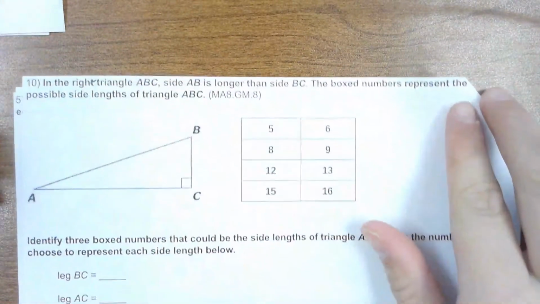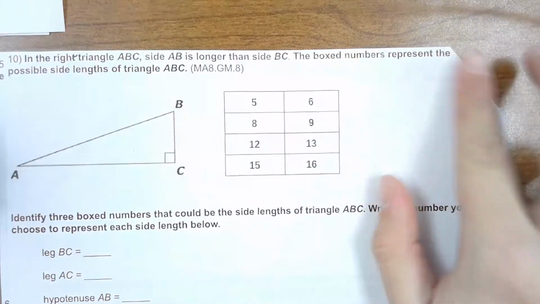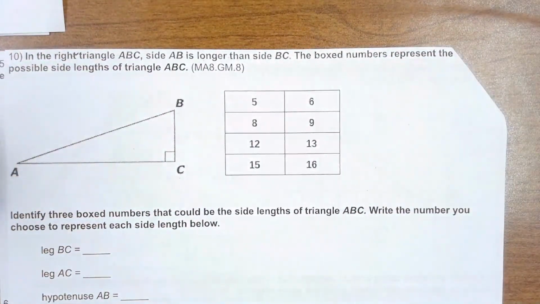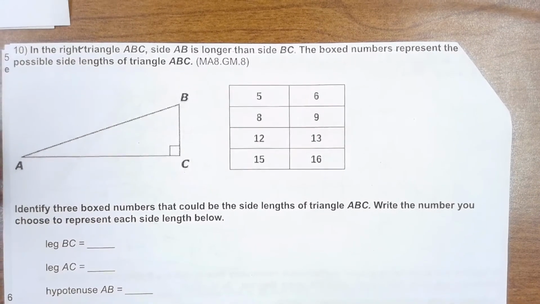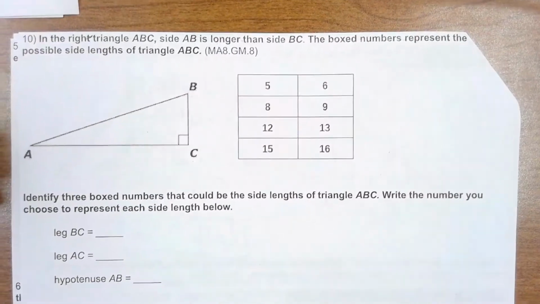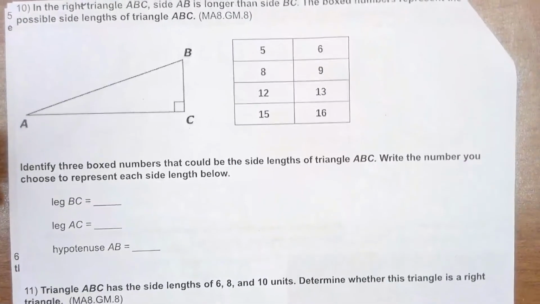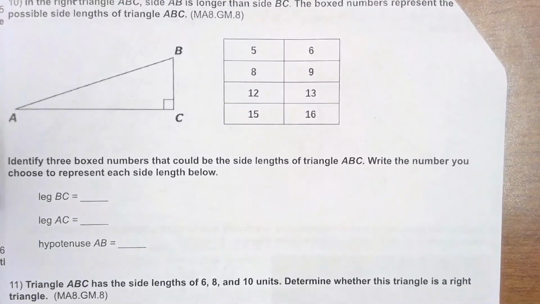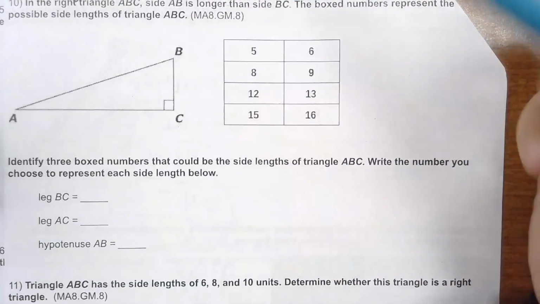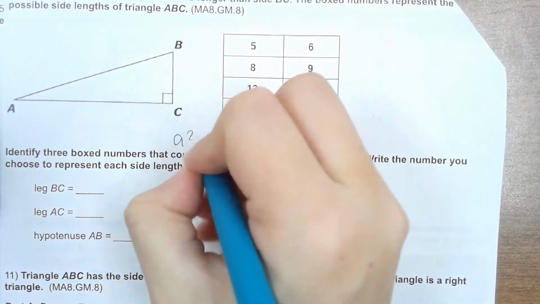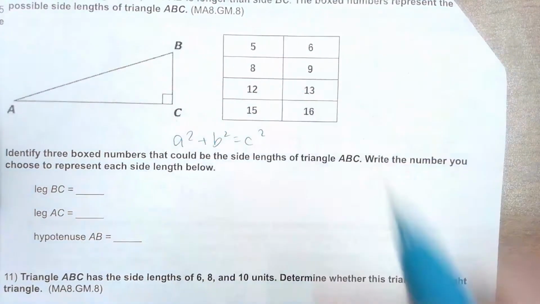It says, in the right triangle, AB is longer than side BC, and the box numbers represent the possible side lengths of triangle ABC. Identify 3 box numbers that could be the side lengths of triangle ABC. Write the number you chose to represent each side length. So we had a question similar to this on the quiz, and I highly suggest the first thing that you guys do, because as we know, a squared plus b squared equals c squared,